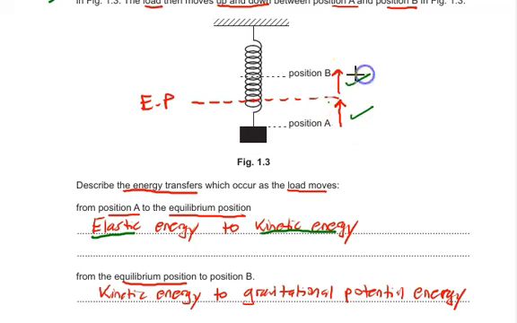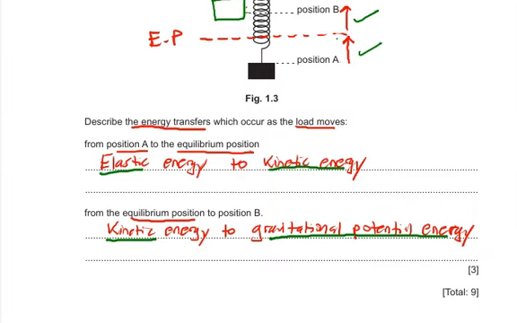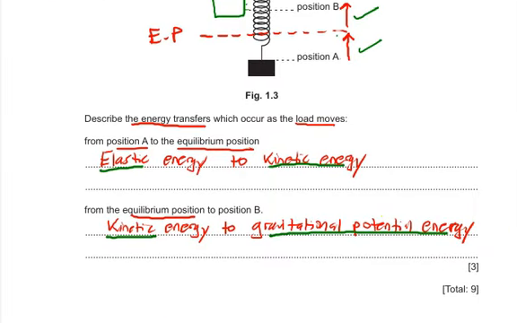The second part, if you look at it, the load is still moving. So if it's still moving, it has kinetic energy. Then later on it will be converted to gravitational potential energy due to its highest position. Alright. Okay, so this is the answer, and the marks here is 3 marks and total 9 marks for the